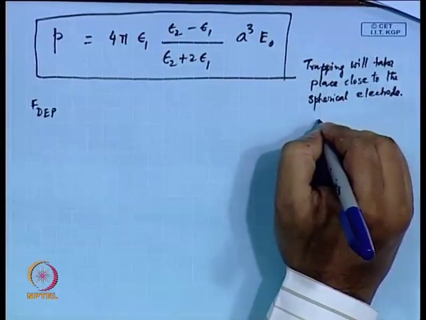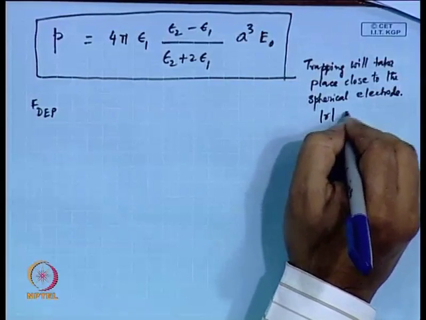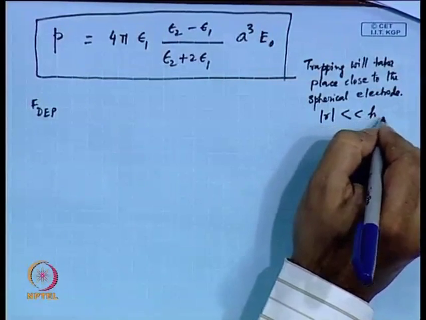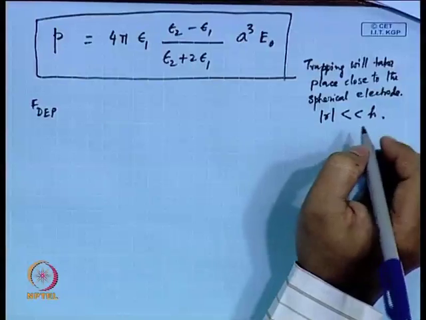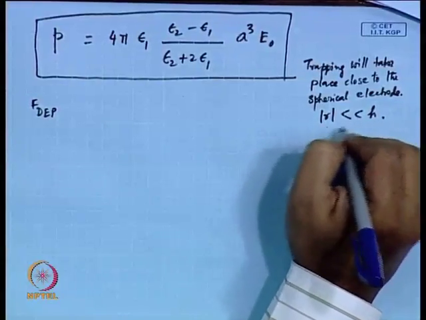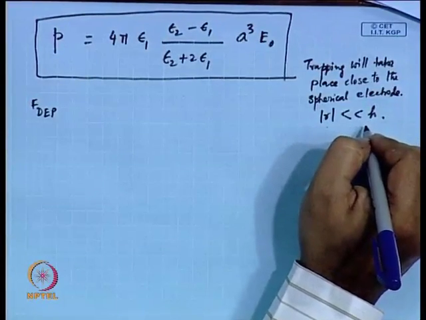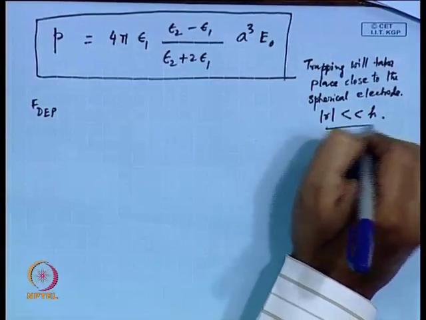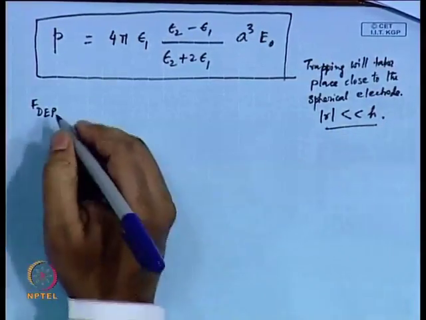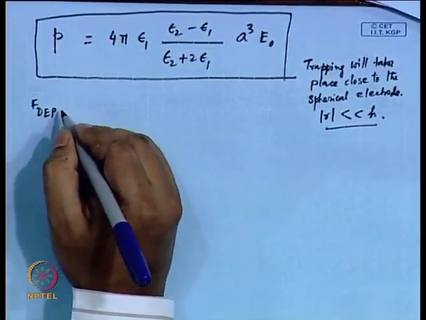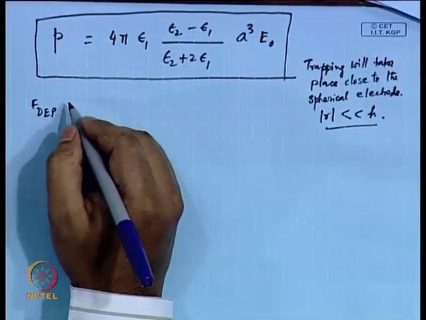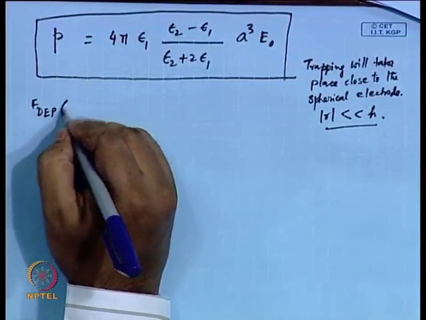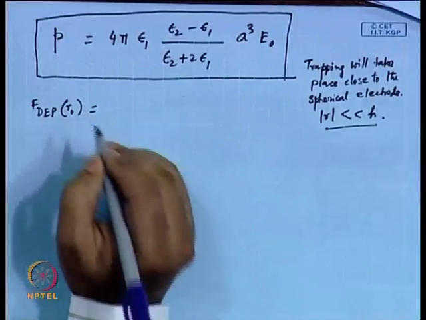That means the R value that you work with is much less than H. So, what you write here is F DEP at R0, that is equal to